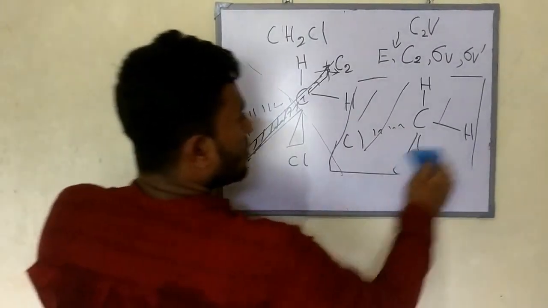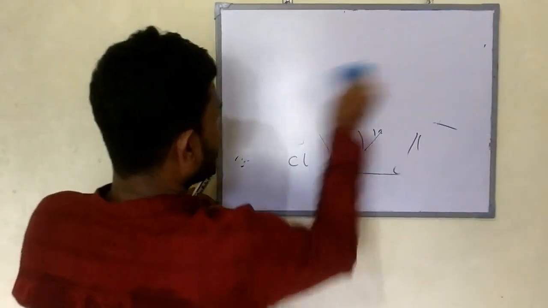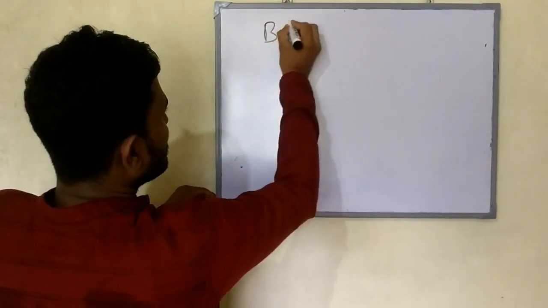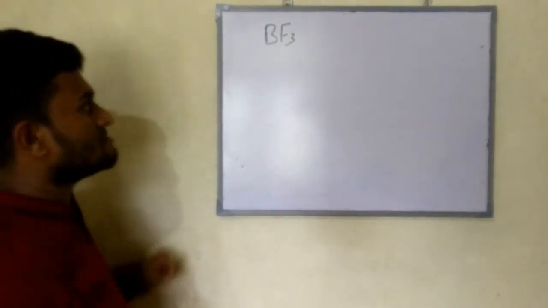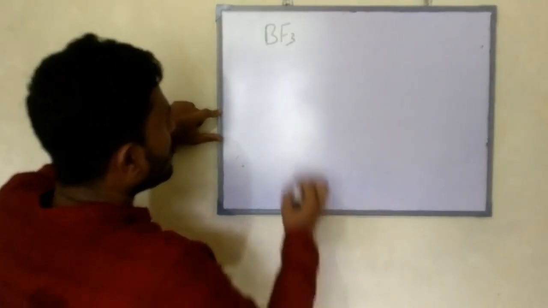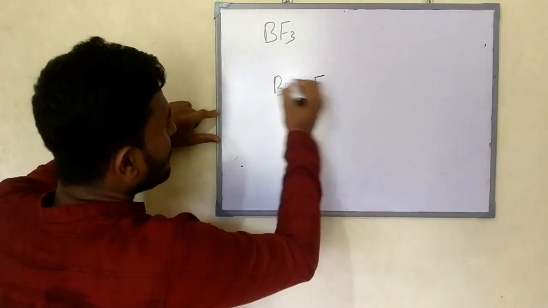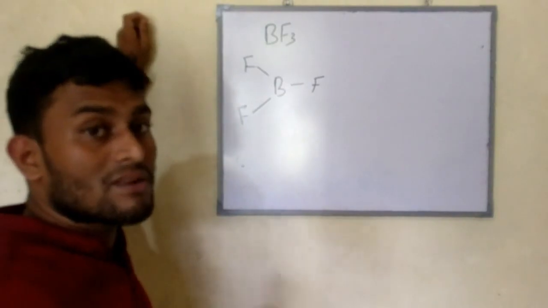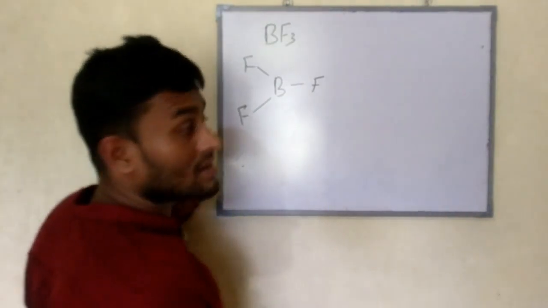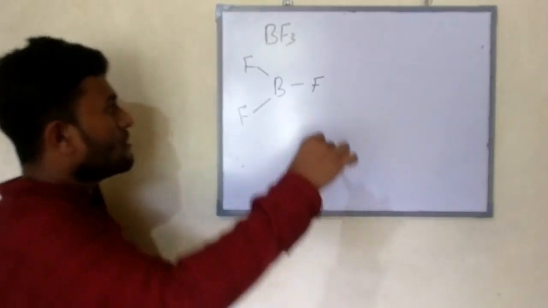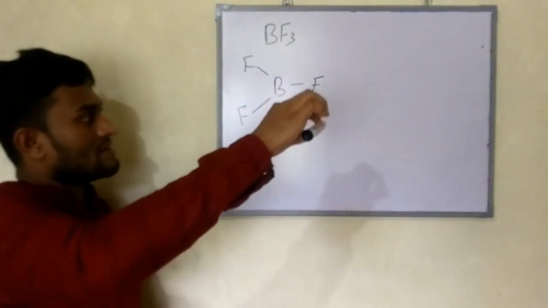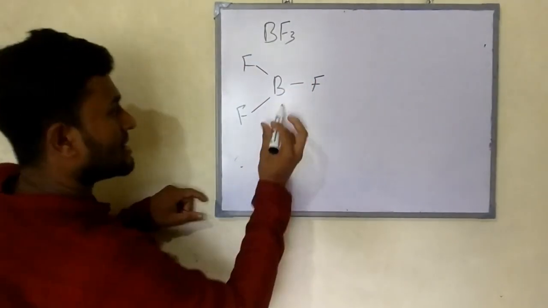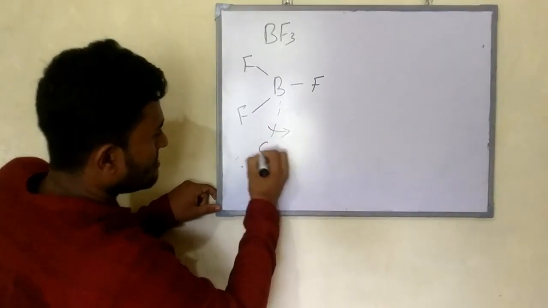Okay, so let's move on to the next example, that is BF3. This is a very familiar molecule. When you are writing the symmetry elements, the main thing is you want to indicate each and every symmetry operation diagrammatically. That's a very important one. We know in the proper axes of rotation, the C3 is there. You can rotate the molecule through the middle, that is the C3 axis.